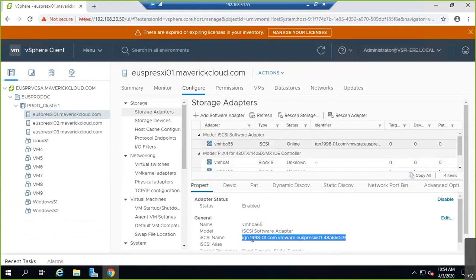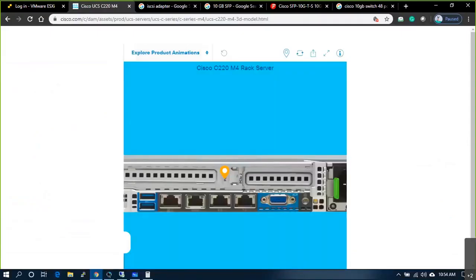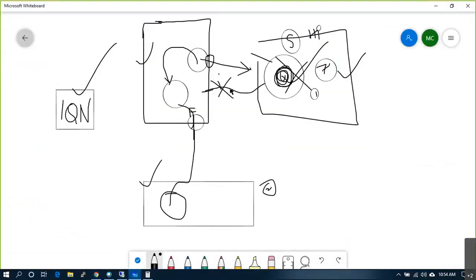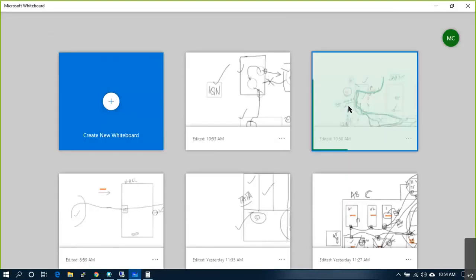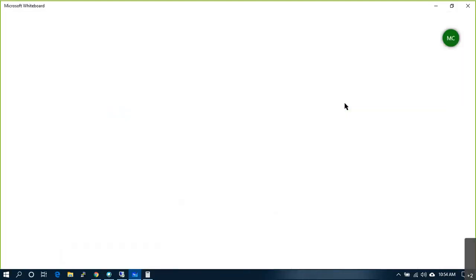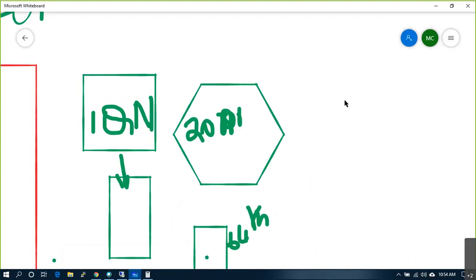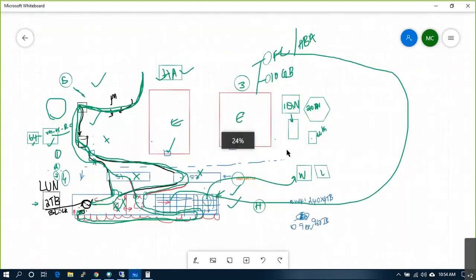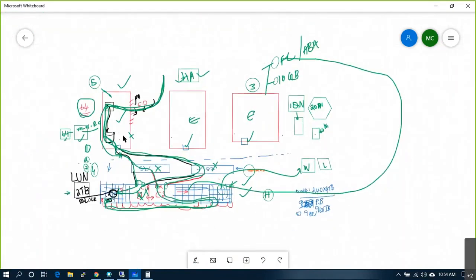This IQN number will be used. Treat this as host 1, host 2, host 3. In my previous example, I said 3 hosts are there, and each host is equipped with one iSCSI adapter.